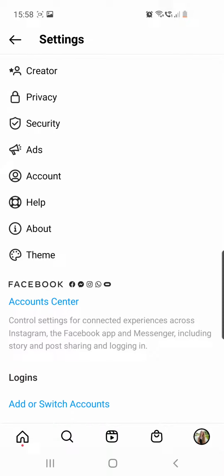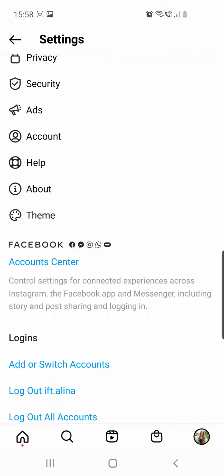and then here you have to scroll down, and at the bottom of the page below theme you have Account Center. So here it says control settings for connected experiences across Instagram, the Facebook app and Messenger, including story and post sharing and logging in. So click on Account Center,